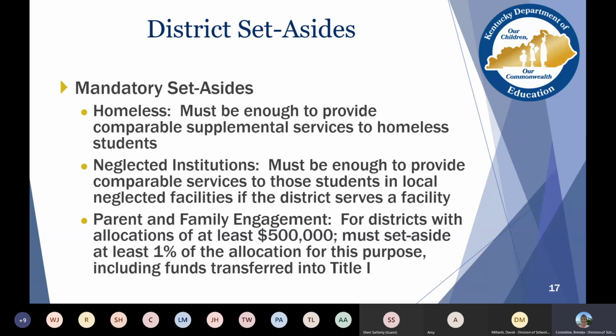You must provide comparable supplemental services to your homeless students, so you are required to have homeless at the district level. If you have a neglected institution in your district, you must provide comparable services to those students in that local facility if the district serves a facility.